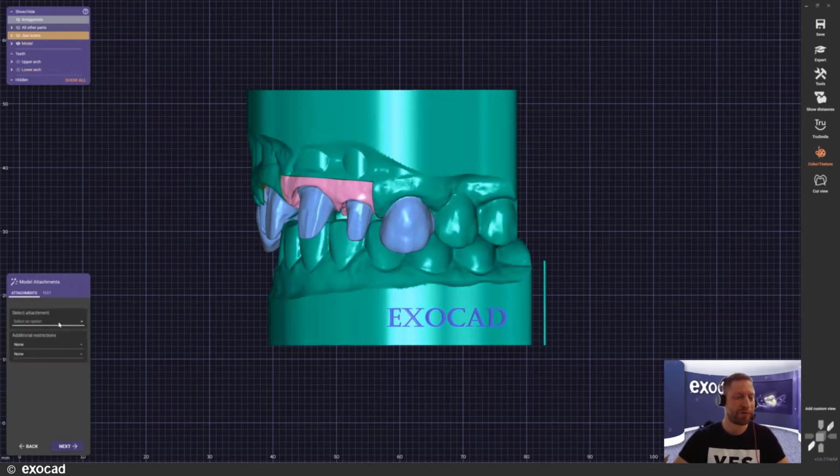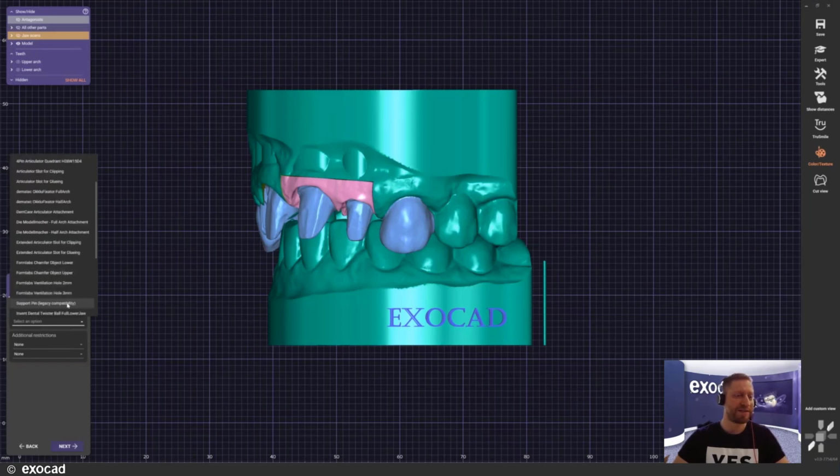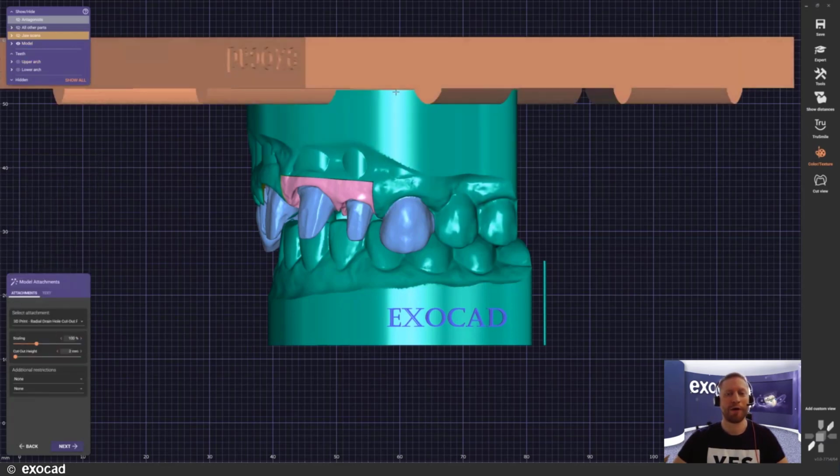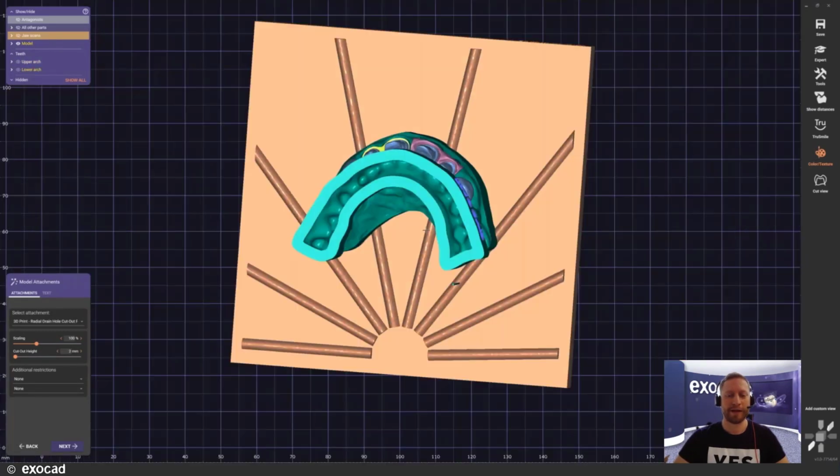I will jump over to the attachments. There are a couple of new attachments that I want to show you. For example, our drainage holes. If you're familiar with the analog workflow, then you might be reminded of it when I choose those and just click on my model. There is the plate already. And if I look at it, yes, it looks like a rising sun.